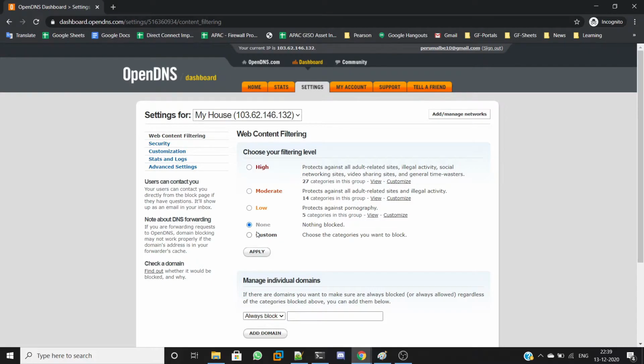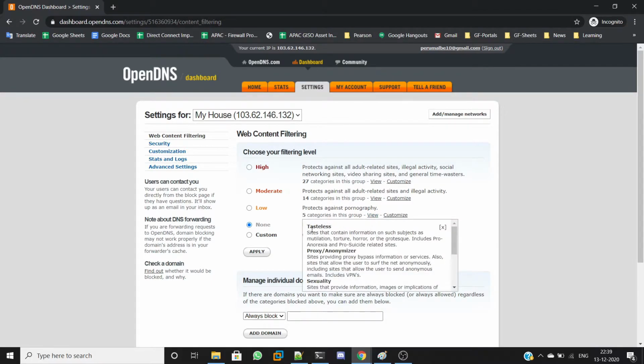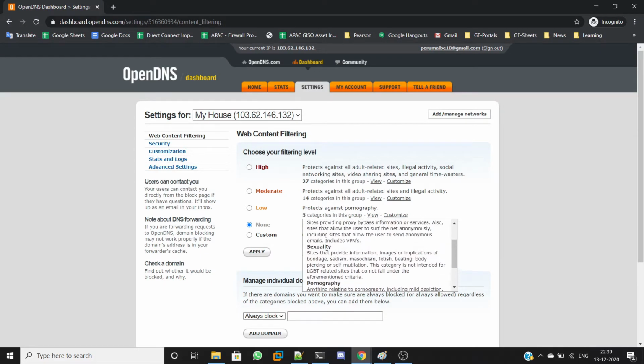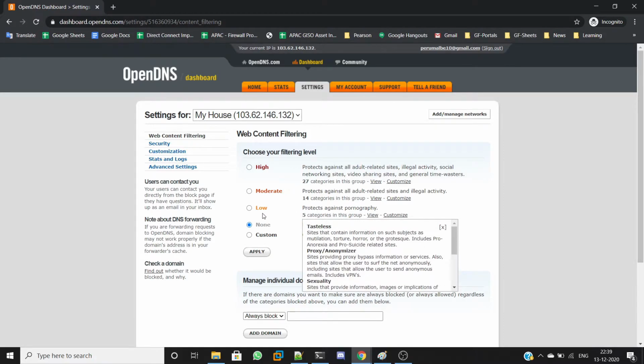By default, none of the sites get blocked. If you choose low, five categories get blocked: tasteless, proxy, adult, pornography, internet watch. These are the categories that will be blocked if you choose low.